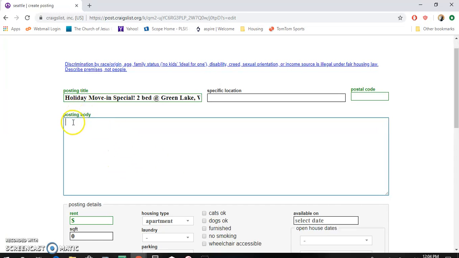Be sure to use keywords that attract the attention of the reader, as far as having like a cozy community, warm and welcoming environment. Really advertise the features of the complex, whether you have laundry or a pool or